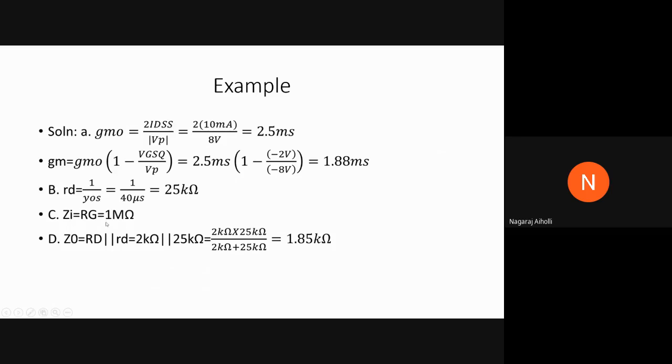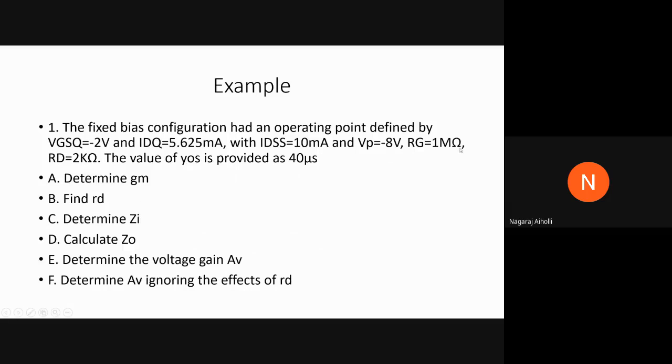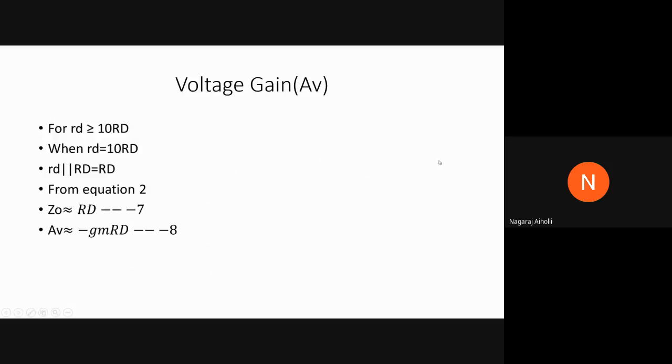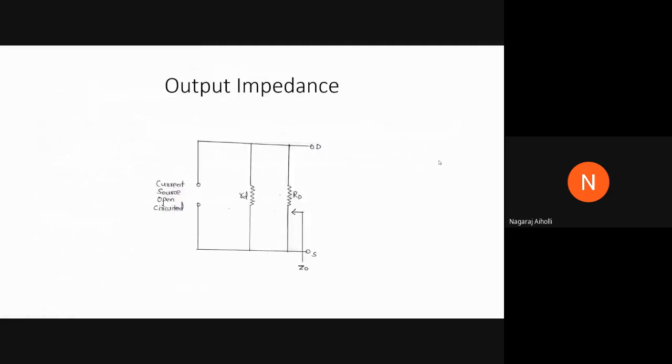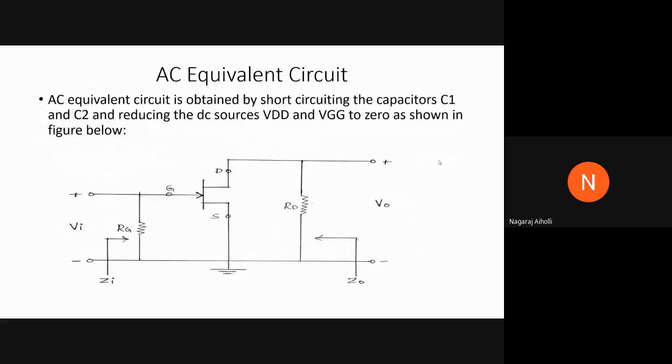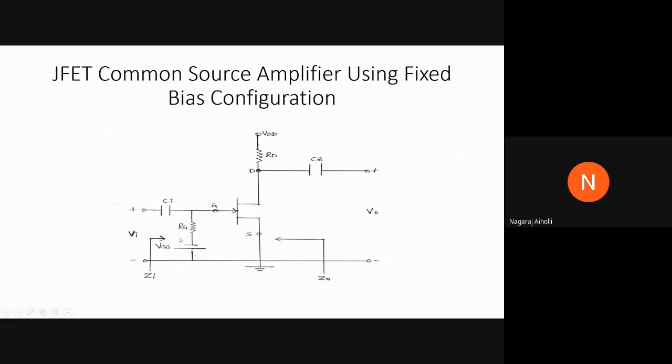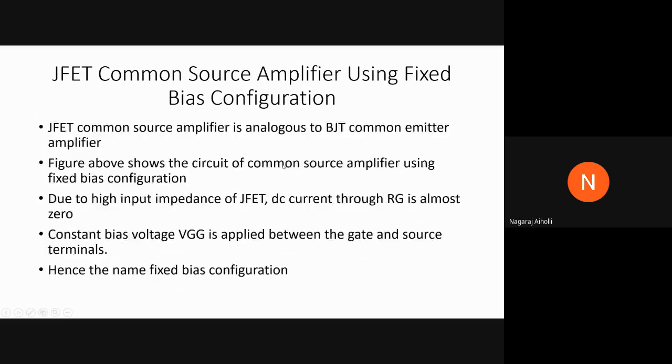Then Zi, as we have derived just now in the performance parameter equations of the fixed bias configuration of the JFET circuit, is given by Zi is equal to Rg, the gate resistance, that is 1 mega ohm. Gate resistance is given here. They have given the value of gate resistance as 1 mega ohm. Here we have the circuit. This is the gate resistance Rg. This is the gate to source voltage VGG or VGS. Okay, this is gate resistance Rg, and this is the drain resistance capital Rd. Fine.